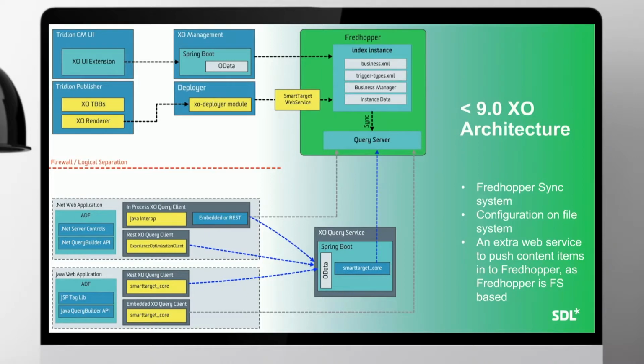And this Smart Target web service was basically built in order to be able to communicate over HTTP and have a communication between the deployer and Fredhopper in sort of a, well, let's say, web service kind of